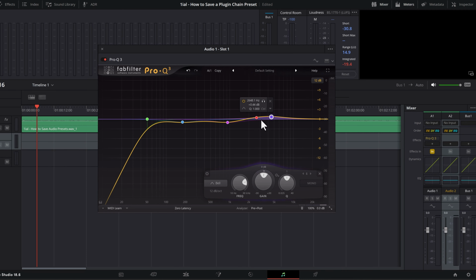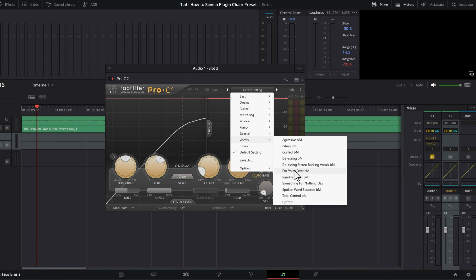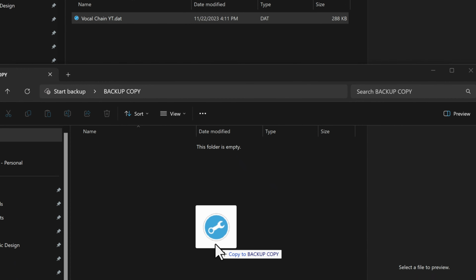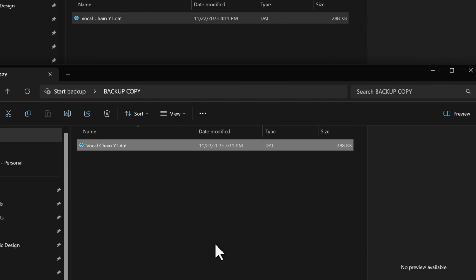On this episode, I will show you how to save an audio chain plugin preset in Fairlight for DaVinci Resolve that you can apply to different projects. You will also learn how to create a backup copy of this preset, as well as how to transfer it